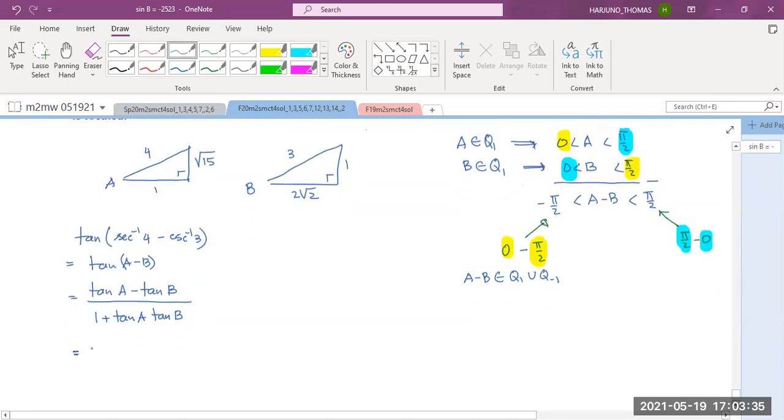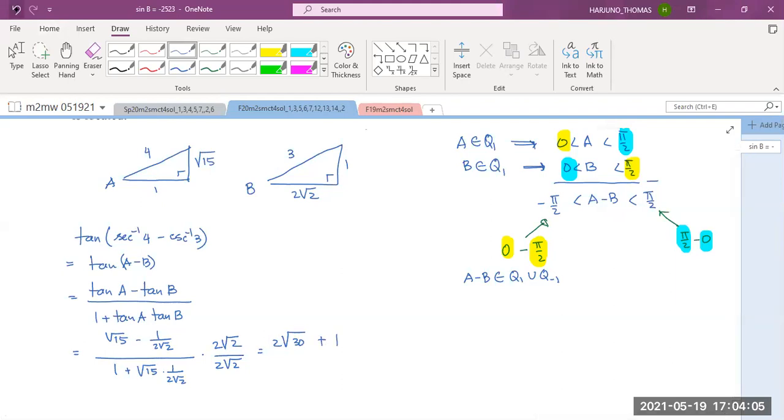Okay, this is radical 15 minus 1 over 2 radical 2, big over 1 plus radical 15 times 1 over 2 radical 2. Multiply the top and the bottom by 2 radical 2. That will give me 2 square root of 30 plus 1, I'm sorry, minus 1